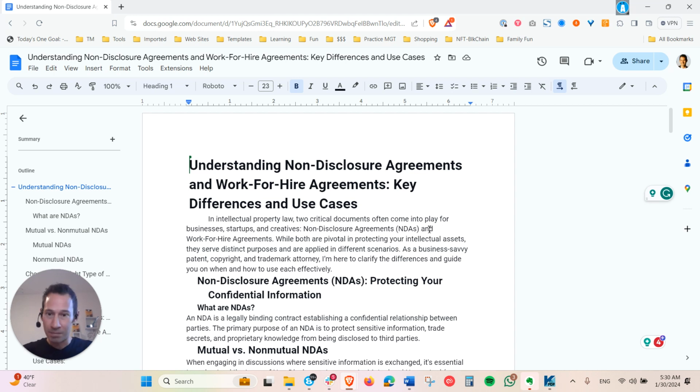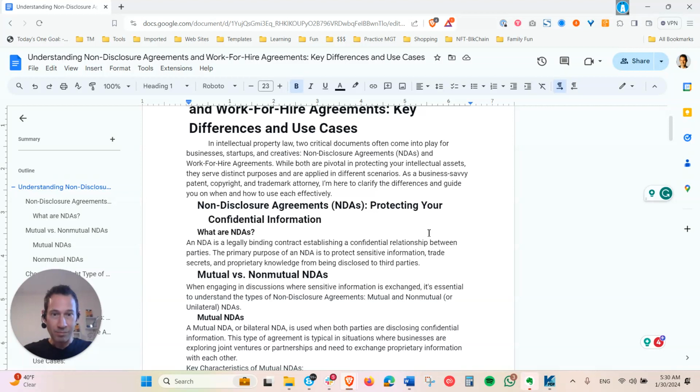So let's first discuss what is a non-disclosure agreement, NDAs. You'll hear about them a lot. They're essentially a contract to keep your information confidential. They can be mutual or non-mutual, meaning that they only protect one party. The simple one that I'll show you is just a one-way unilateral non-disclosure agreement, which would be something you would use when you're speaking to people to protect your